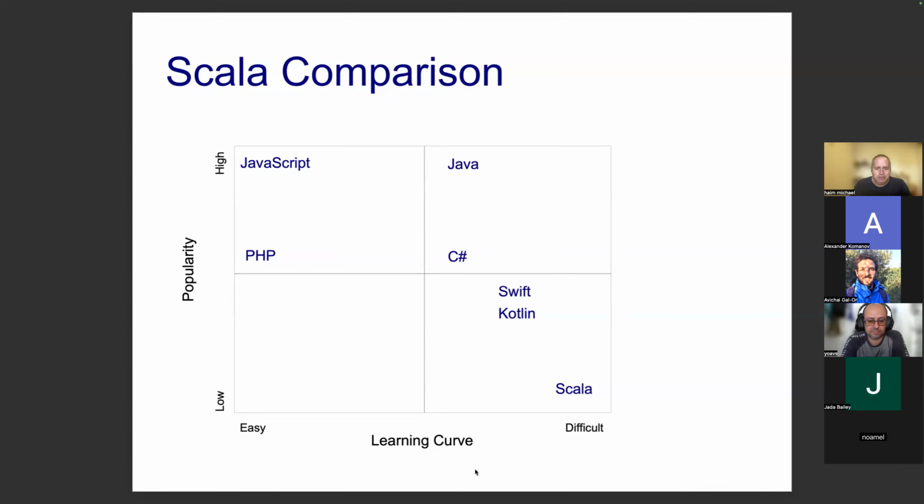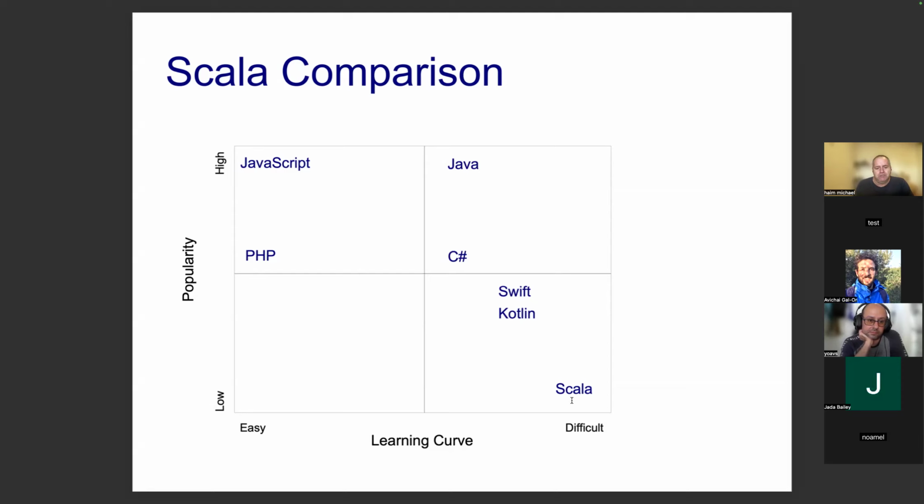Let's talk about learning curve. No doubt, JavaScript, PHP, and Python are much simpler to learn. Then we have Java and C#. Then Swift and Kotlin that are very similar. And in the end, Scala is the most difficult one to learn. What does it mean? It means that more developers that will start learning Scala will fail comparing to developers that start learning Java, for instance, or JavaScript that are much simpler compared with Scala. I see that in classes I deliver, in courses I deliver. Scala is not simple. Java is not simple.